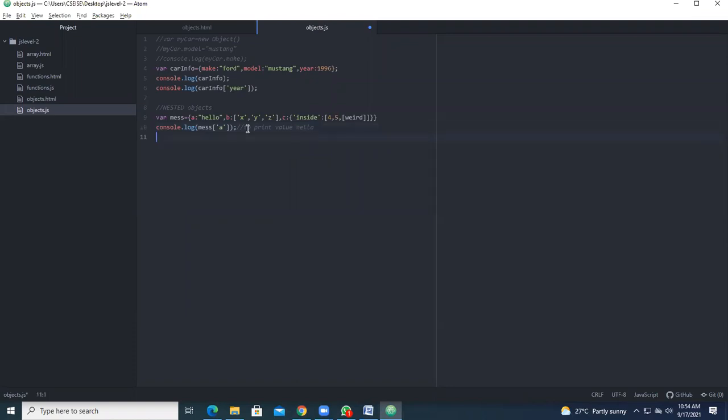So this is to print the value hello. Similarly, if you want to print the value Z, what can you take? Console.log of B of 2. So how do you represent B of 2?